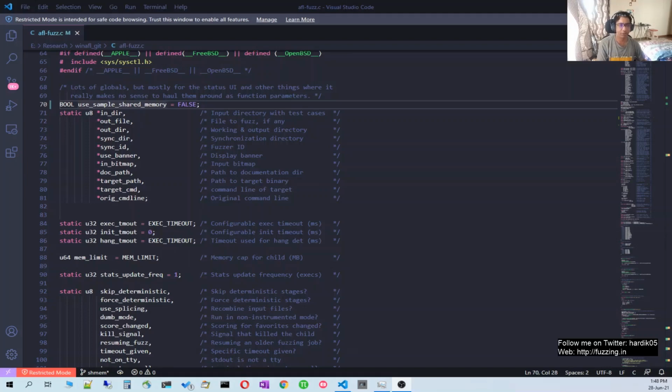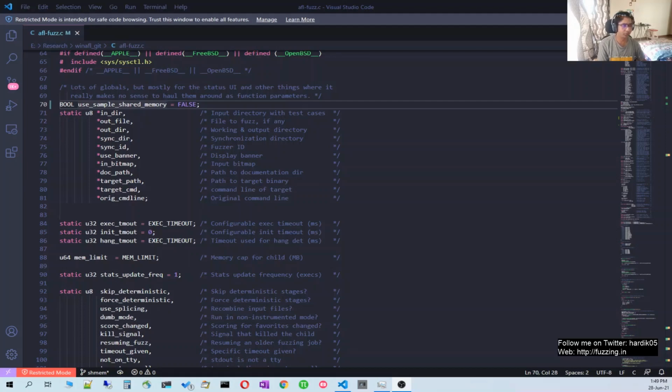So I was thinking that if there is any change I can make to WinAFL so that it can read the input from memory instead of the file. I've been looking at the WinAFL source code, and I also looked at the AFL code, and I ended up adding this feature which allows reading or writing the file to a shared memory.